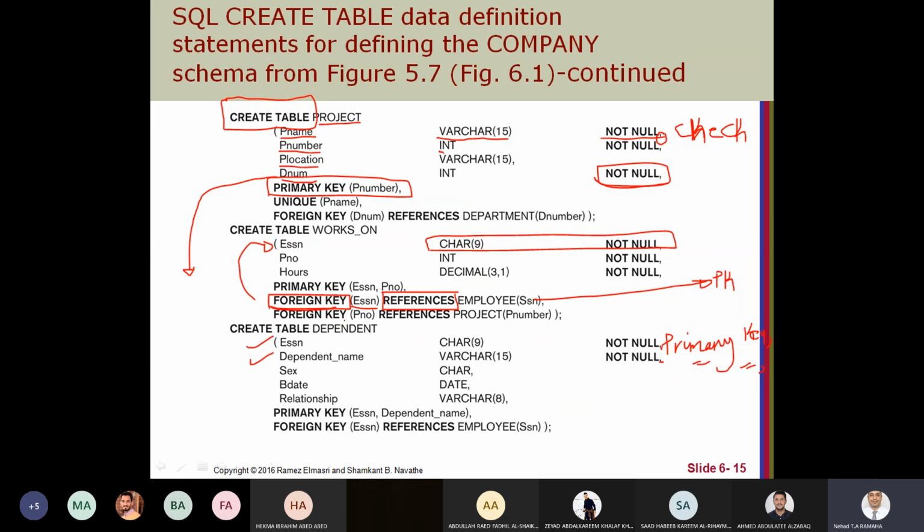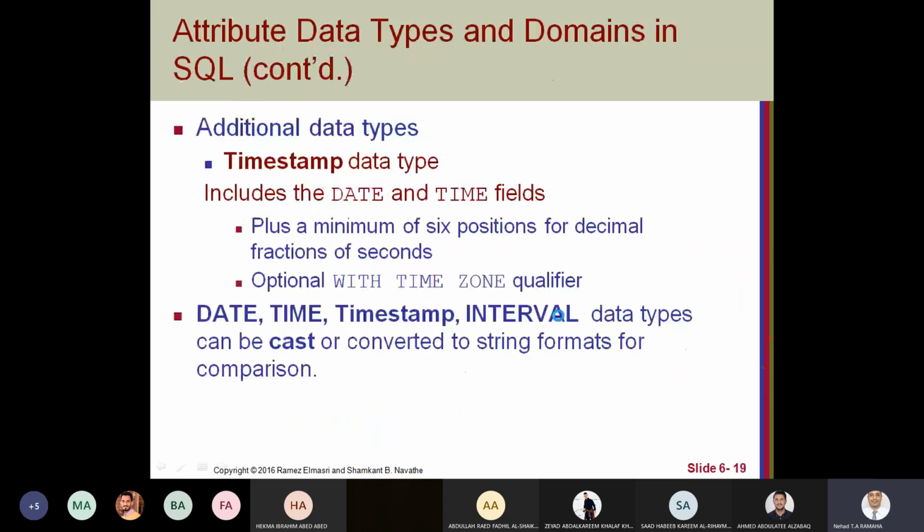So to define a foreign key, you have to mention the attribute that should be the foreign key and the name of its parent primary key. Of course, if you have more than one foreign key, each one goes on a separate line like this. Okay, now